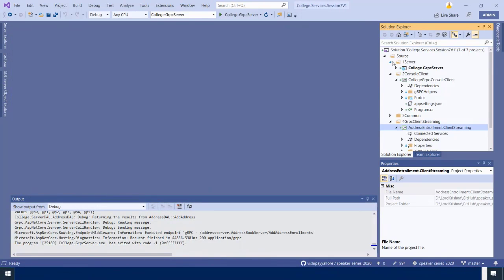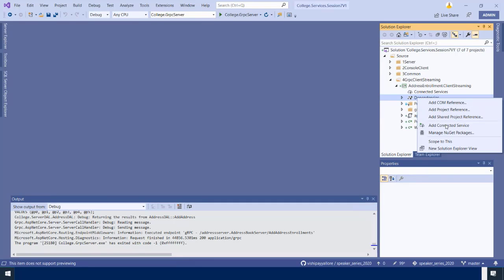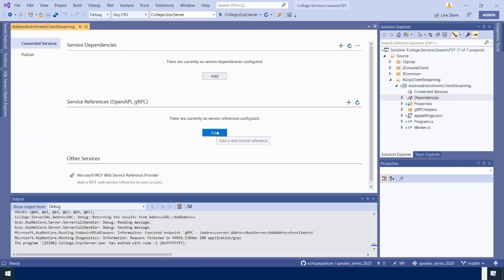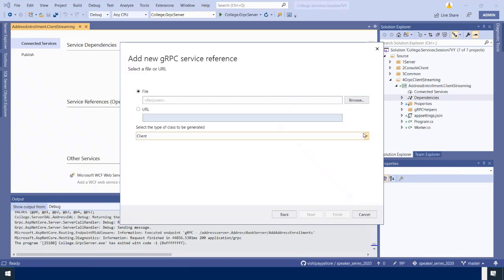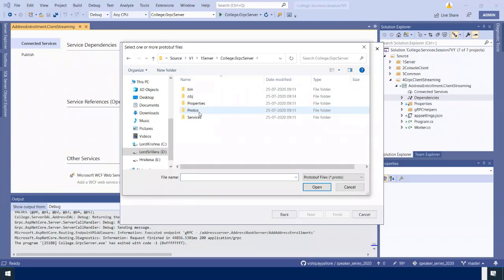Okay, now that we have copied that helper, the first thing we have to do is right mouse click on add connector services, click on add, select gRPC and browse to the proto file, where it is in server protos.